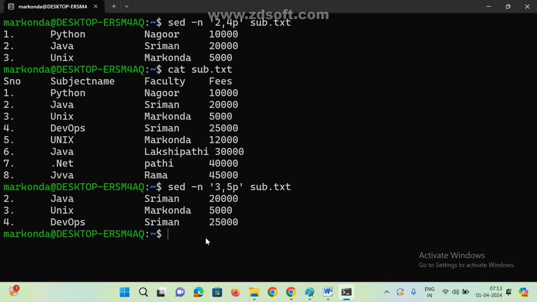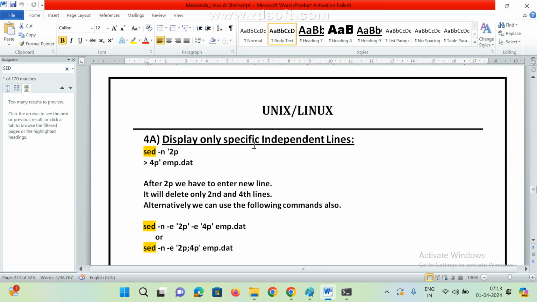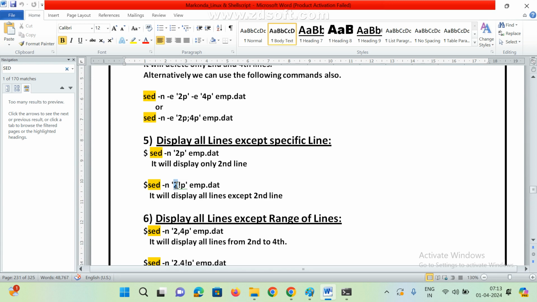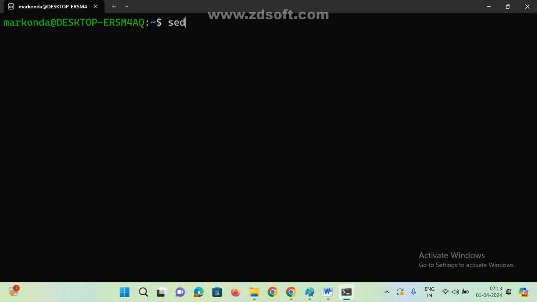So these are mostly used for manipulation purposes. If you want to display specific independent lines, we can use multiple ways. We can display all lines except a specific line. So I don't want to display only the second line, and if you use the exclamation mark with p. Now this command you already know. So if you give sed space hyphen n, and I am giving 3p, and the file name,